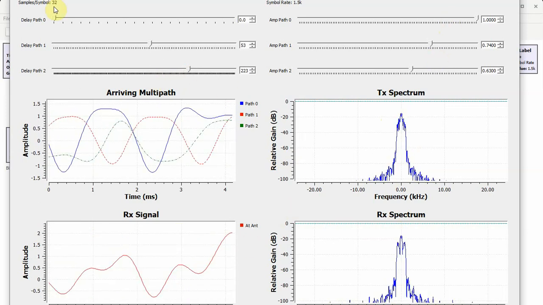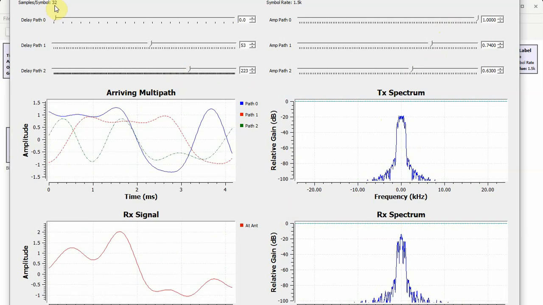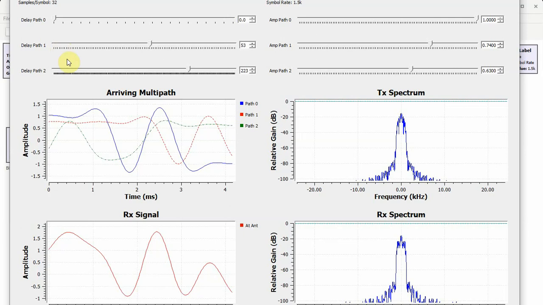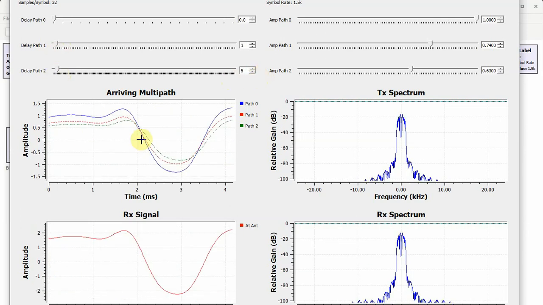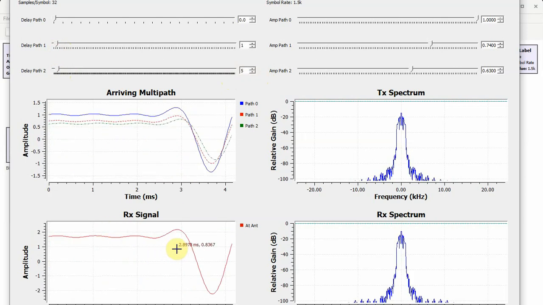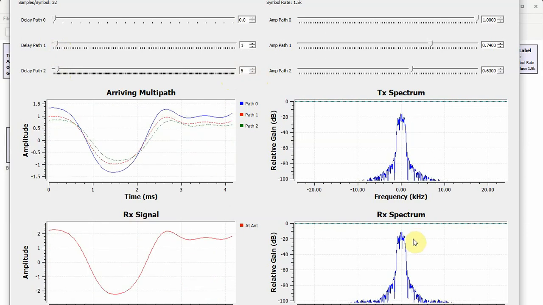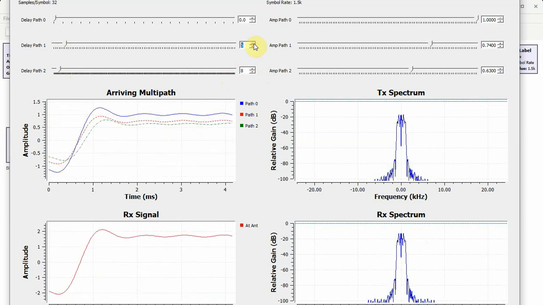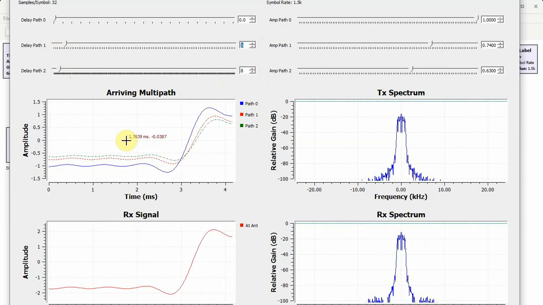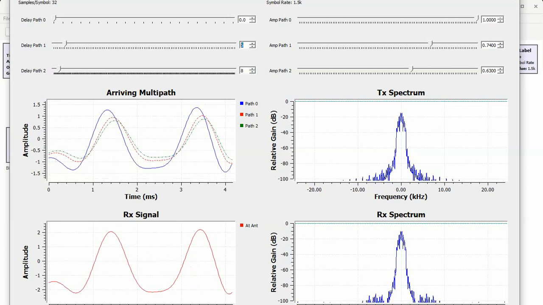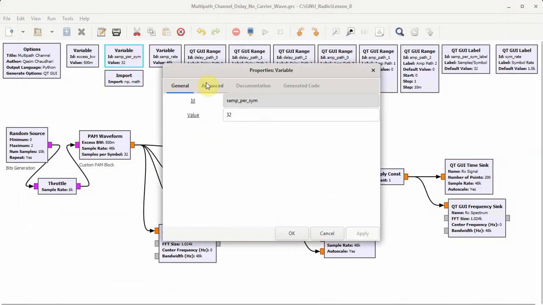This is why the multipath poses a significant challenge to high rate wireless communication systems, but not as much to low data rate wireless communication systems, because low data rate implies that all these paths arrive very close to the actual direct path, and hence they do not distort the signal shape. This is clear from both the transmit and receive spectrum. They do not generate much intersymbol interference, which implies that one symbol at this point does not interfere with several symbols in the future. To view that effect, I will change the number of samples per symbol to